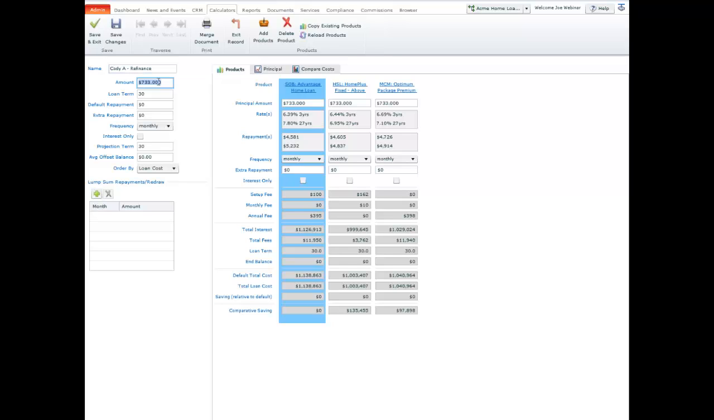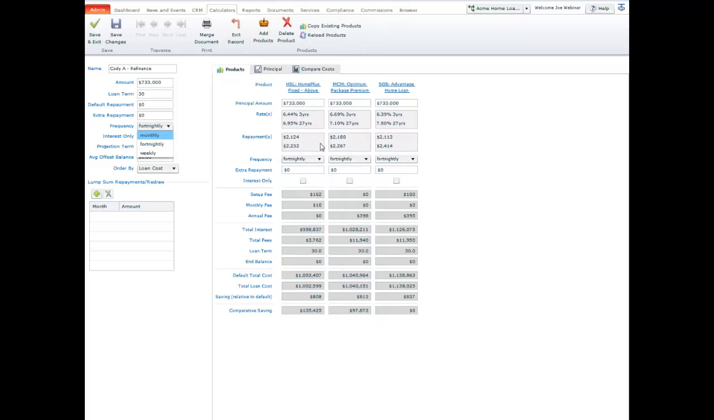A refinance. There's the amount. There's our loan term. We just want default repayment, so we'll leave it as 0. We won't put in an extra repayment just yet. Okay, there we go. So I've just changed the frequency just to rejig it, and what it's now done is